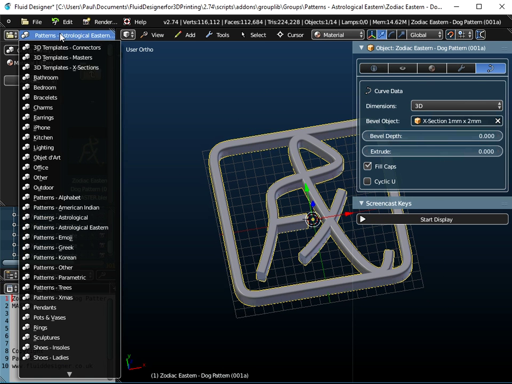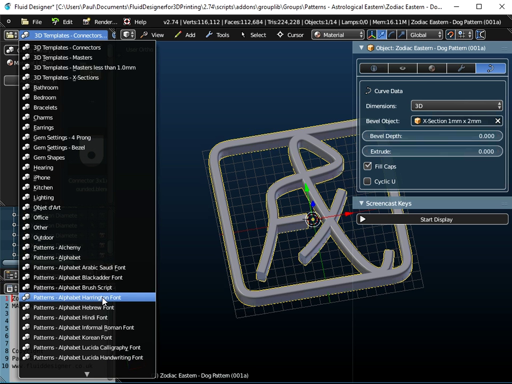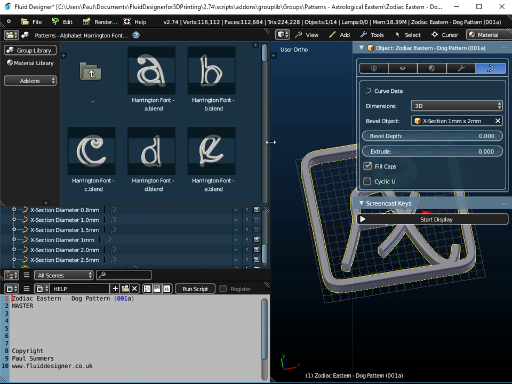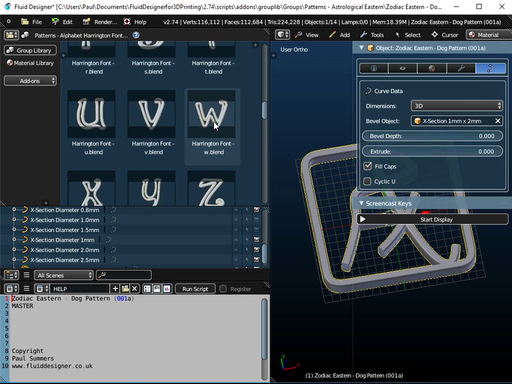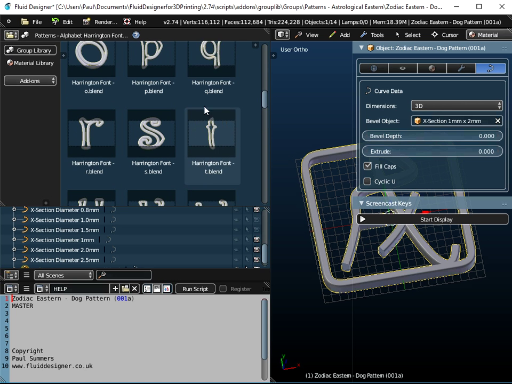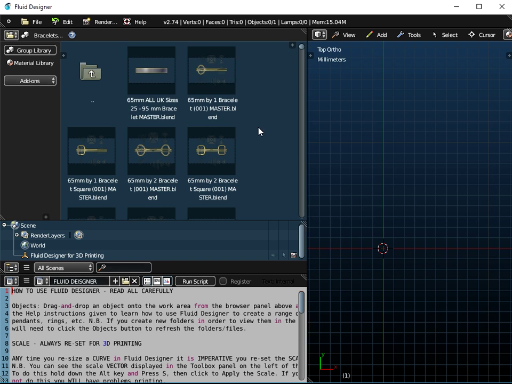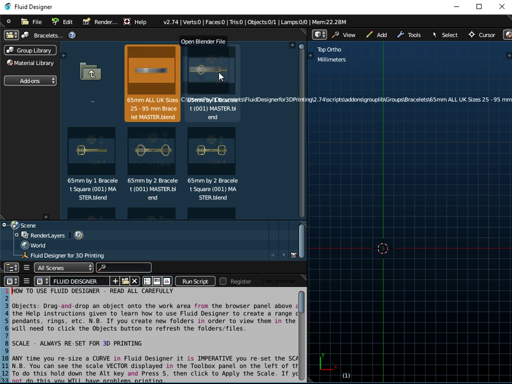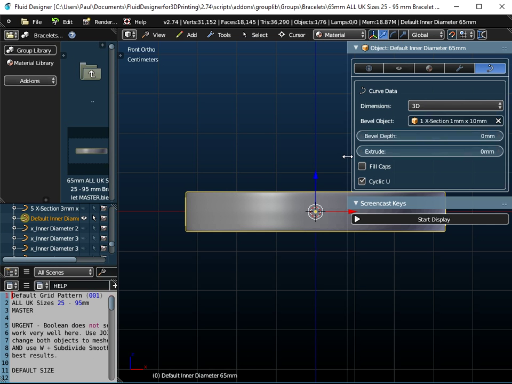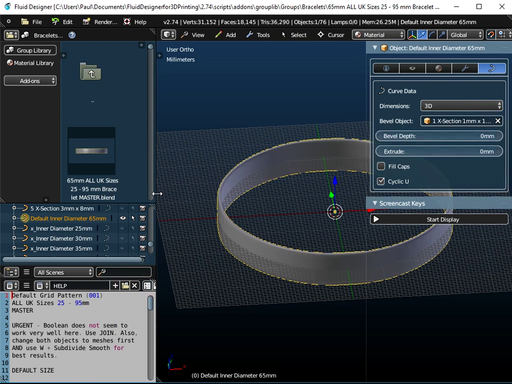And I'm also going to use, again I need to refresh the library here, some Harrington fonts. So I'm going to use some of these letters here to spell out the name Rachel. And because we're making a bracelet, if I just go to File and New, and go to bracelets, what we're going to do is use this 65mm all UK size bracelet master template file. And so if I just drag and drop that object onto the workspace,